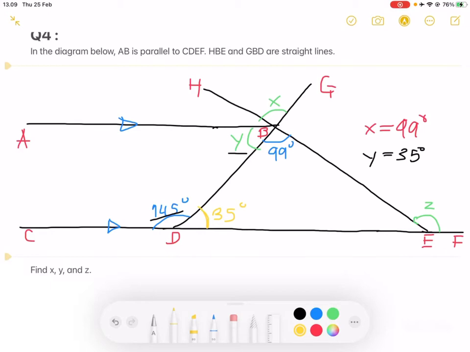And notice that BDE is a triangle. So what that means is the sum of all angles in a triangle must be equal to 180 degrees. So that means the angle BED right here must be equal to 180 minus 35 minus 99,